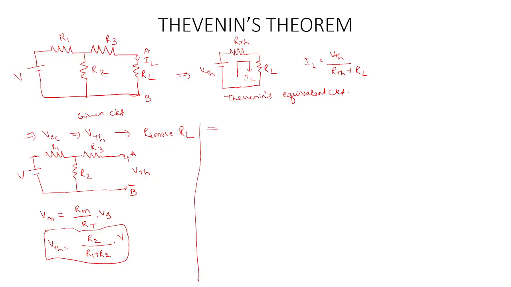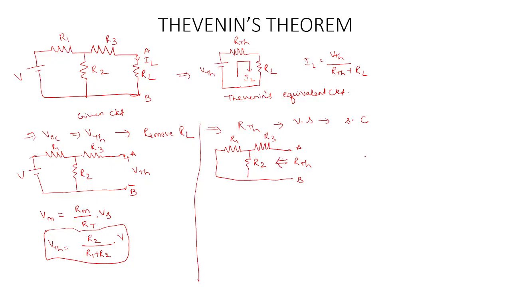Then the second step is to calculate R Thevenin. The voltage source is to be short circuited, and we have to calculate the resistance between the terminals AB. So the circuit is redrawn as R1, R3, and then R2. This voltage source is being shorted. So we have to calculate R Thevenin across this,